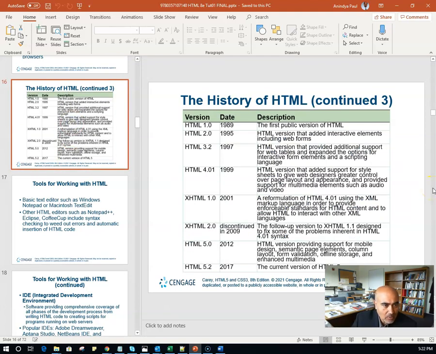Here is a little table that lists out all the history. I want you to be familiar with some of it for quizzes or for questions on your quizzes and exams. However, this is not going to be what you'll be using or you'll be seeing when you're typing your code. The only thing you would be hearing is some of these codes are being deprecated, which means these are older versions of codes that are no longer being supported or used